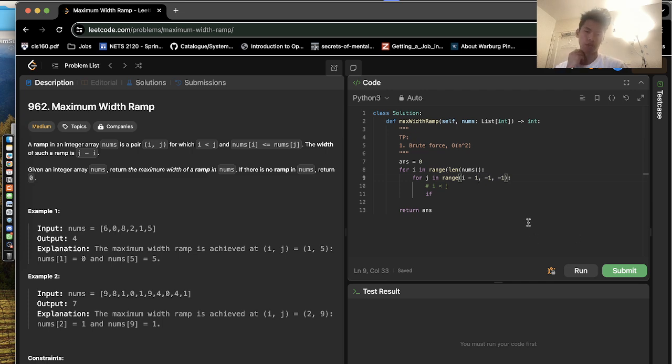If we go from i minus 1, yeah. Let's make this j and make this i, just so that it's better that we understand this. So j is the larger thing. Yeah, if nums[i] is less than or equal to nums[j],